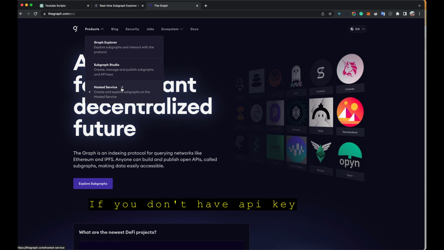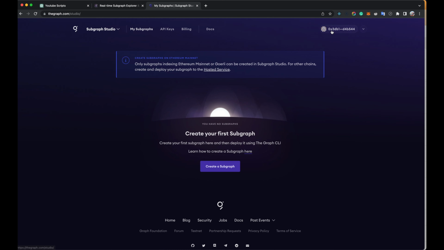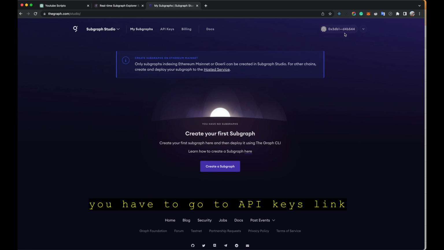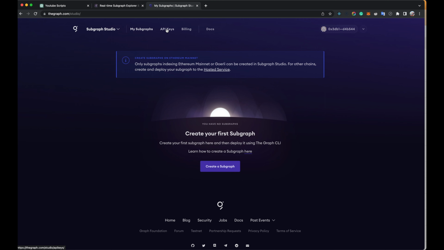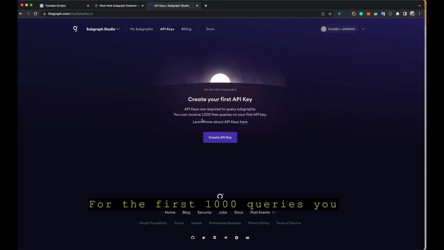If you don't have an API key, you can click on Subgraph Studio, and it will ask you to connect your wallet. The wallet is already connected, so it's not asking me to connect, and you just have to go to API keys, and you can create your API key here. For the first 1000 queries, you will get a free credit from Graph. Once you're done creating your API key, you just have to move to Graph Explorer,